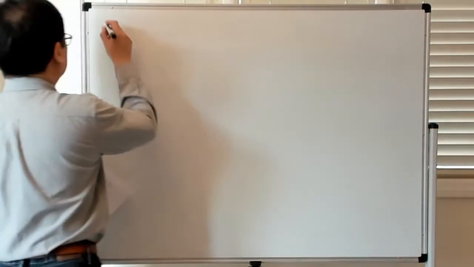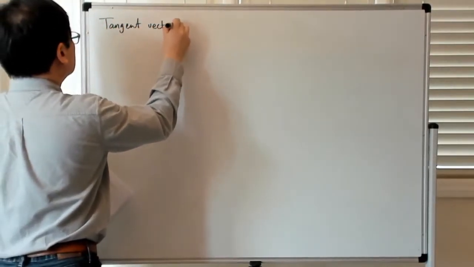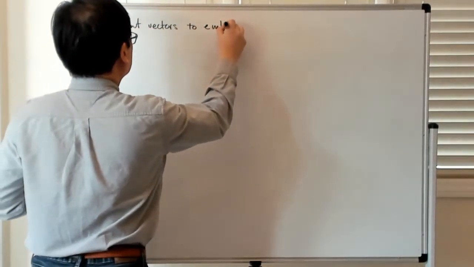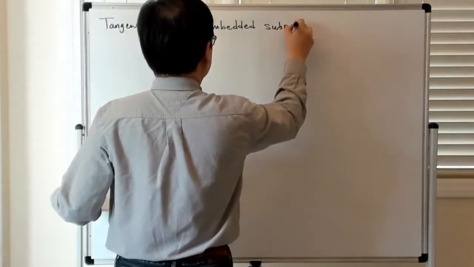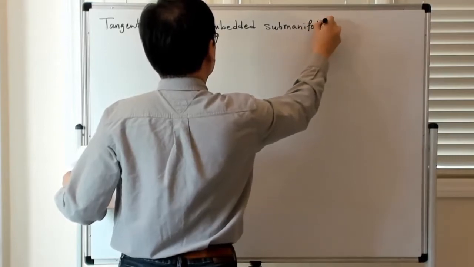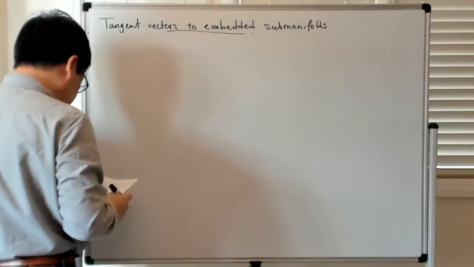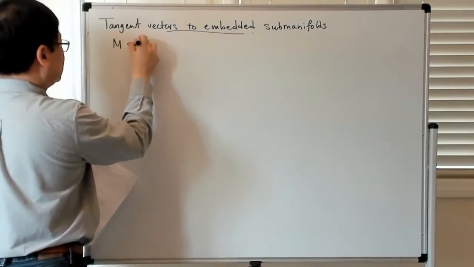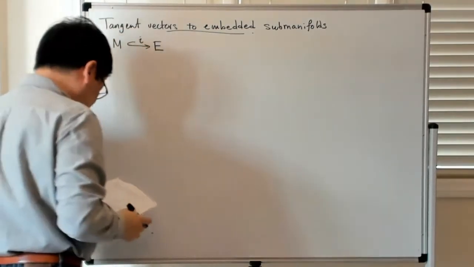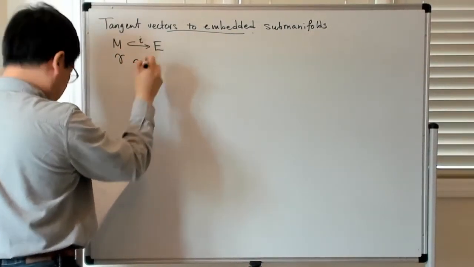All right, so now we're going to talk about tangent vectors to embedded submanifolds. In particular, we're going to embed them into a vector space of some sort. So we have a manifold M, and there's an inclusion map to a vector space E. Let's say we have a gamma curve in M